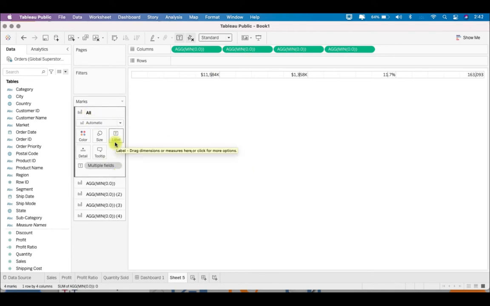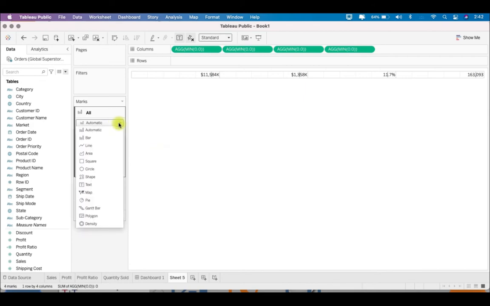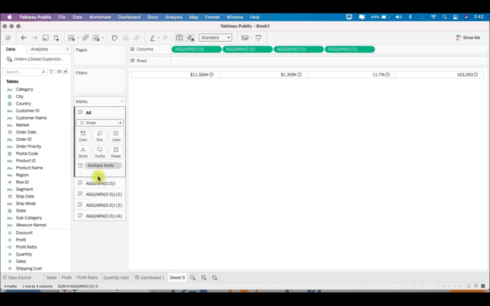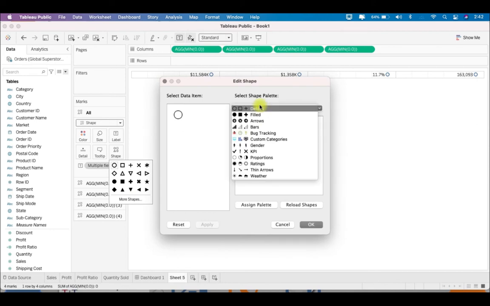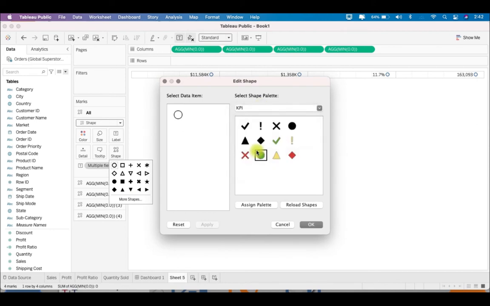Then another thing we have to do is go to the All marks card and select shape. You'll see that it has selected the circle shape over here. Now go to the shape option, more shapes. What I have done is I have created a KPI folder in my Tableau repository shapes.